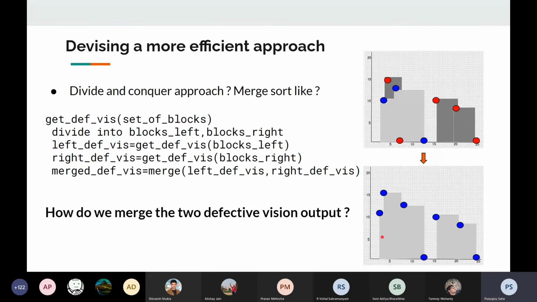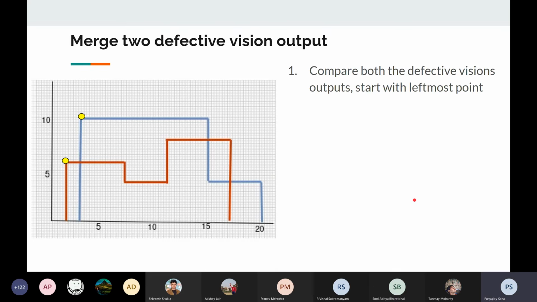Yeah, so now the merge algorithm. This is the most crucial part of this tutorial. So how to merge these two outputs? Again, like the one that we did for the initial algorithm, I will start with the first statement, first